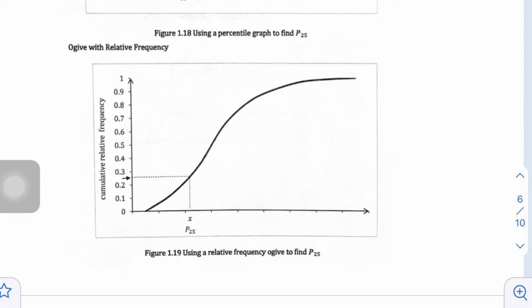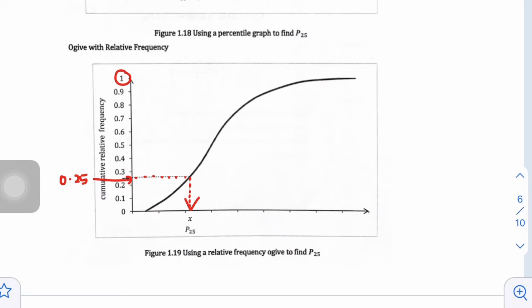If the question asks to find P25, with this type of graph, relative frequency, instead of 25 on the y-axis, you will have 0.25, because the highest in this case is 1. So P25 is equal to 0.25. The method is the same. Just draw the dotted line to the graph and then the dotted line to your x-axis. So this is your answer for